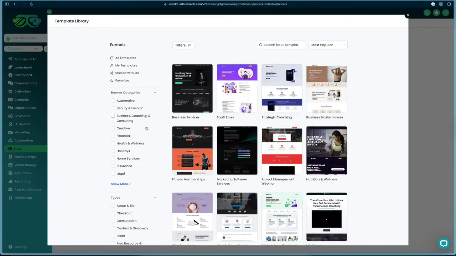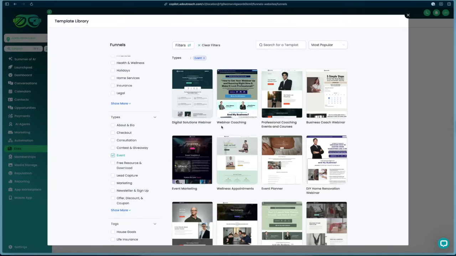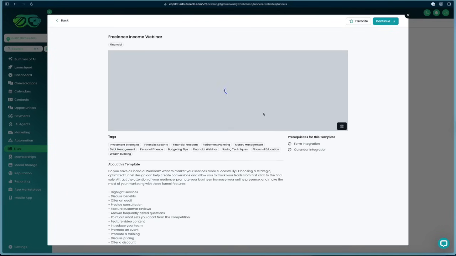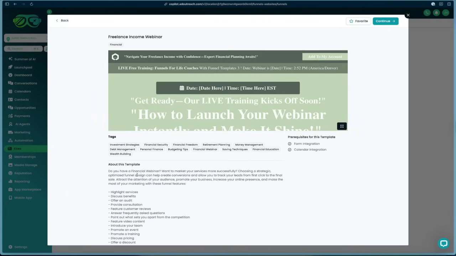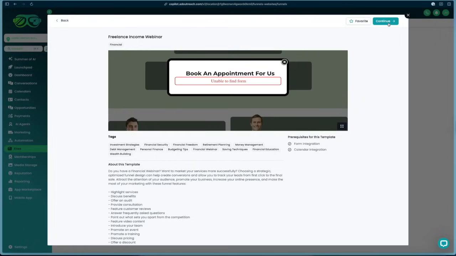You can select your category on the right side or left side here, or your type. We can go down, say we're doing an event. We can select the event template section, and then we can select an event. Let's say like we want to have a freelance income webinar. We can select on that one right here. It tells you a little bit about this template, the date, and all the information for it. And then to move forward with it, all you have to do is just press this continue button right here